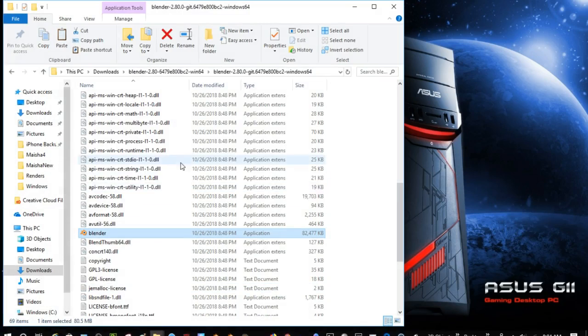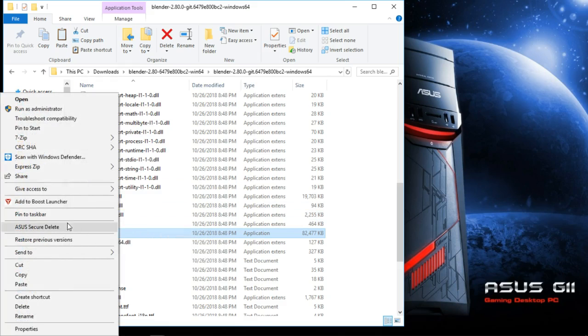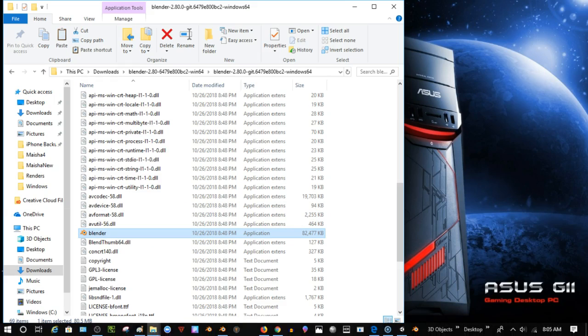If you get a brand new version of 2.8 alpha or whatever level it is, beta, I don't know what level it will be at that time, then it's really important to go back to the Blender website, blender.org, and then load it up, get a new download. I would recommend for you to get the download every single week, because they're always updating it until it's full release, and then it's obviously going to still be updated. You're going to right click, like I said, and then pin to taskbar, and bam,